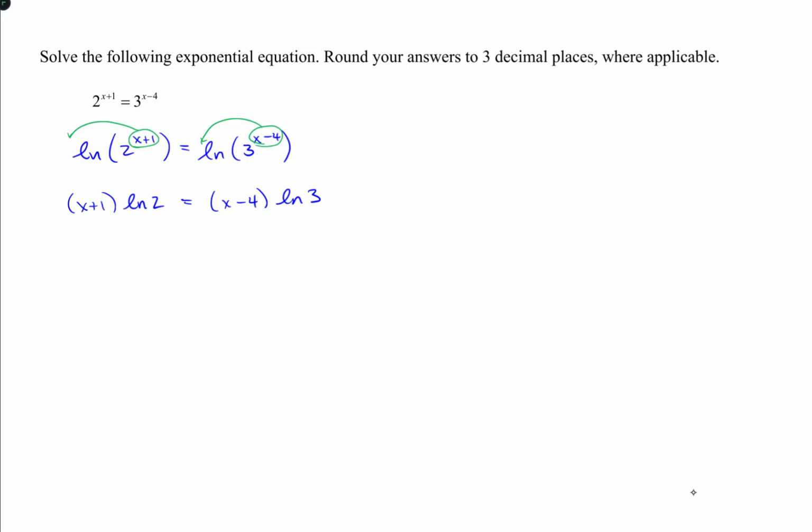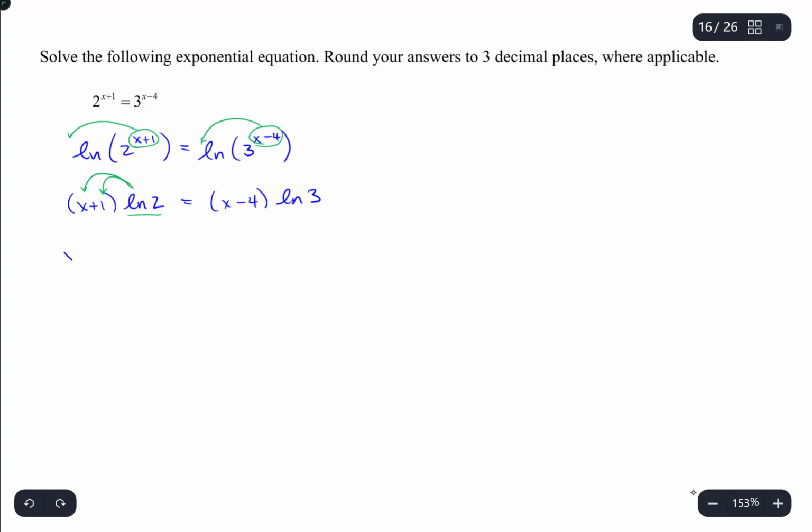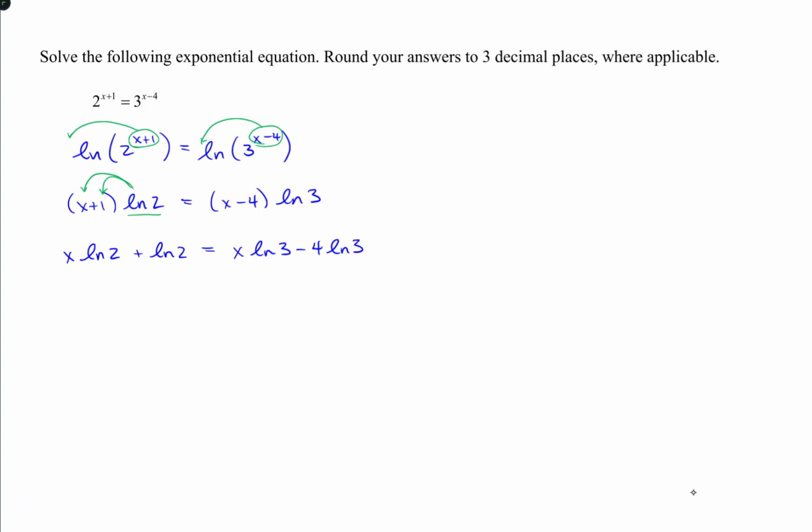It's going to be a little trickier to solve than most linear equations, but in general, we're using the same principles. So for instance, this natural log of 2 is a constant multiplier on this set of parentheses, so I'm going to distribute it into the parentheses, which will give me x natural log of 2 plus the natural log of 2. And on the other side of the equation, I would get x natural log of 3 minus 4 natural log of 3. And what I'm trying to do is get the variables combined, so I'm going to next